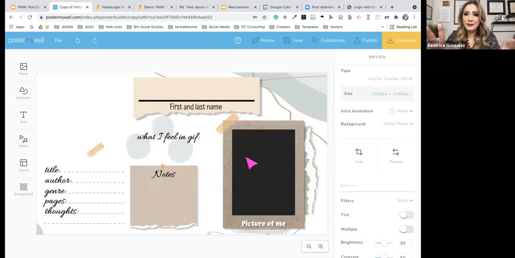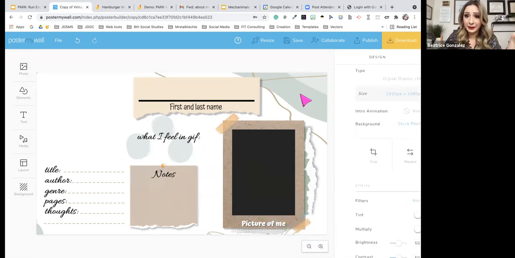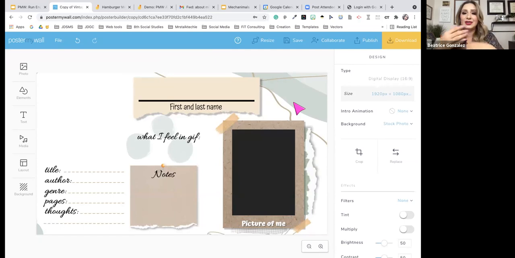Now they're going to grab this. Let's say I put it on a Jamboard. They're going to take this, put their first and last name, upload a picture, and do some other things. But the one thing we're doing is also practicing these skills in a way that they don't feel like, oh my gosh, if I do it wrong, I'm going to get a bad grade, right? So this is a good way to start practicing those skills with your kiddos.